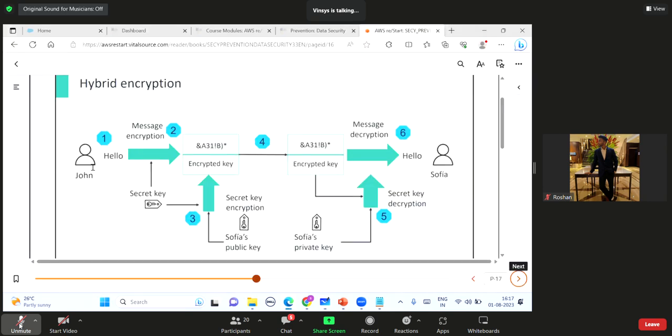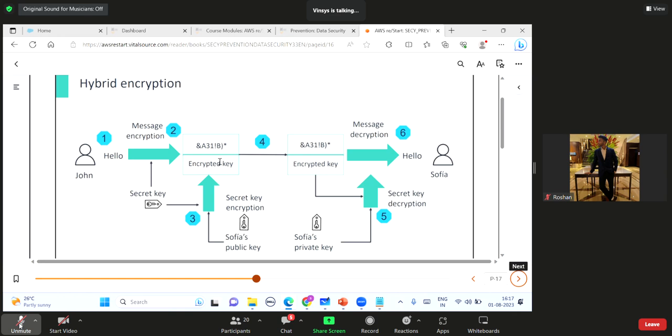See, John has a message, a hello message. It is encrypted using a secret key. Now this secret key is encrypted using Sophia's public key. The sender is John and the receiver is Sophia.